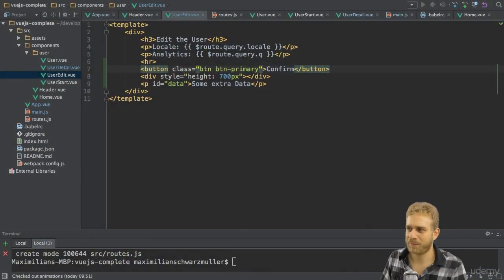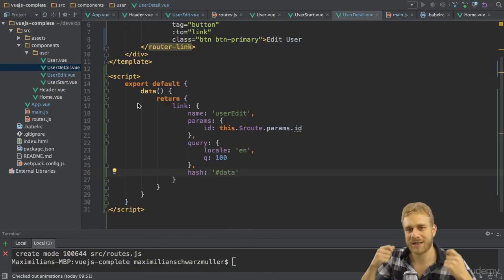So I already set up my template here to have the confirm button. I didn't add any logic though, but what I want to start with is the user allowed to visit a certain route task first. Now we have 3 different places where we can set up an is-a-user-allowed-to-enter-a-route check, and one place where we may set up the is-he-allowed-to-leave check. Now I want to start with the is-he-allowed-to-enter check,